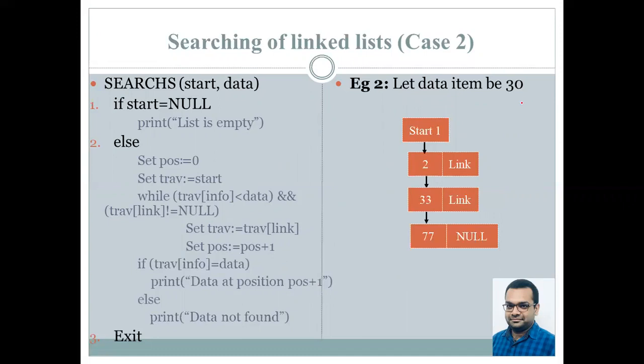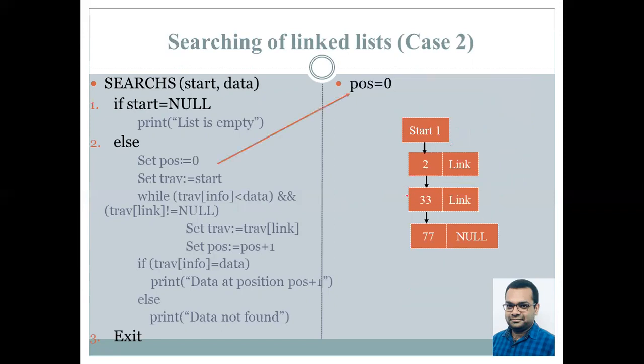Let us consider another case where the data item we are searching for is 30. Ideally, our control should go to the first node, perform the check, go to the second node, and then exit out of here, unlike the previous case where we had to go to the last node. This is more pronounced in a scenario where our linked list contains, say, tens of nodes. So instead of going to the last node, we are simply exiting in the middle wherever we find any data value that is greater than the data value that we are searching for. That is the key value.